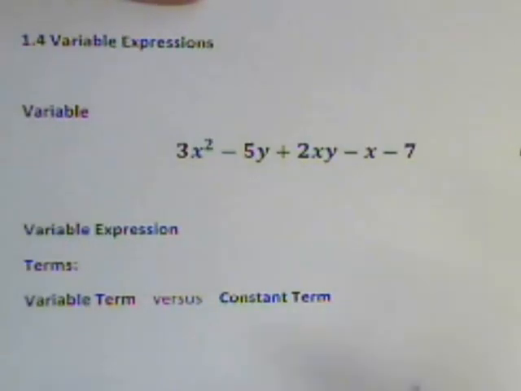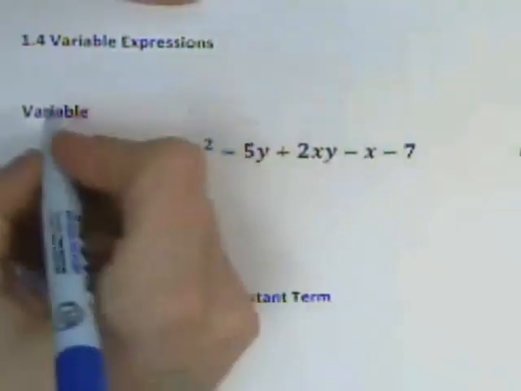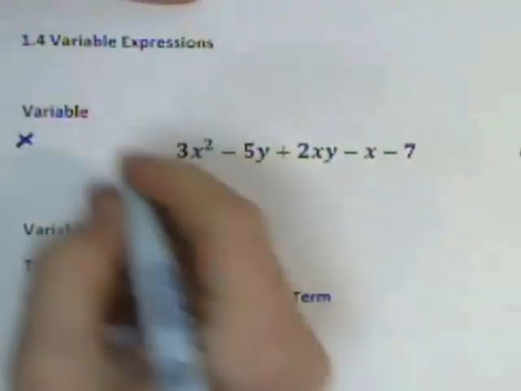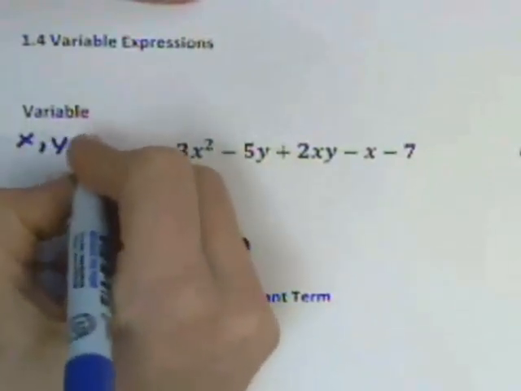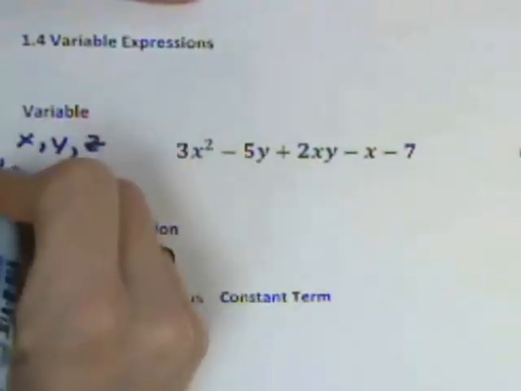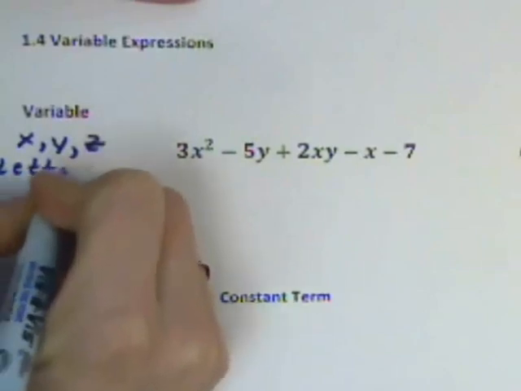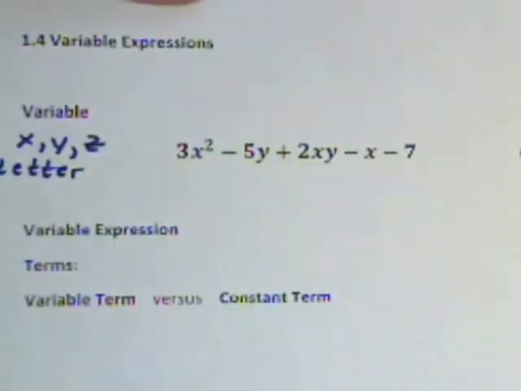Let's talk about what a variable is. It's something like an x, a y, a z, some letter, right? And actually it can be a letter in English, a letter in Greek, whatever. Some letter, some symbol used to represent a number or something that we just don't know yet. And actually sometimes it can be where you may have an idea of what it is, but you want to